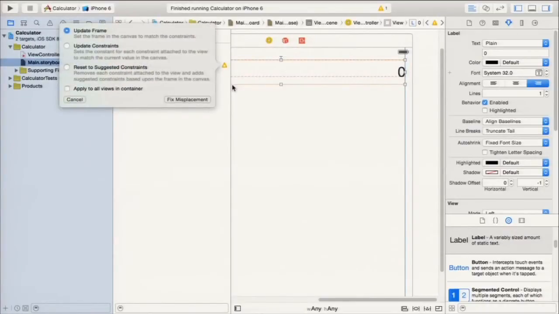It's gonna bring up this pop-up window, and there's 3 ways to fix the problems, okay? One way, update constraints, this middle way right here. That's a way that says, hey, I want this label to be right where it is. So just make some constraints, make it up, make it happen, and it'll put some wacky